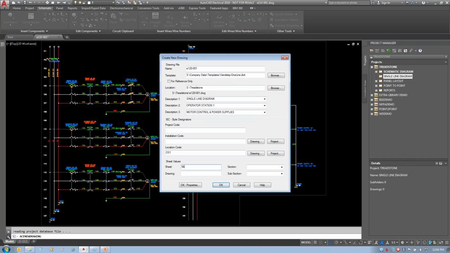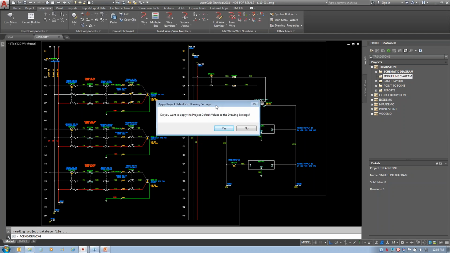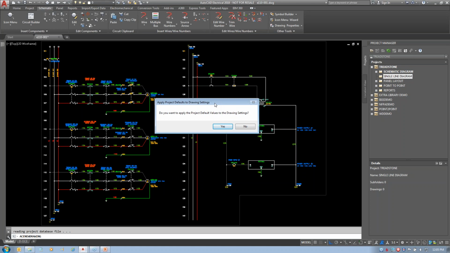I'm putting it in a folder called single line diagrams, and it's no different than any other drawing outside of the template itself. Now here's one of the things about the template that I always try to stress. As you see in this 3-phase, I'm using a vertical ladder. If I looked at one of my other schematic diagrams, they are vertical also. When I do a single line, I prefer a horizontal ladder. So there's going to be a difference in the ladder